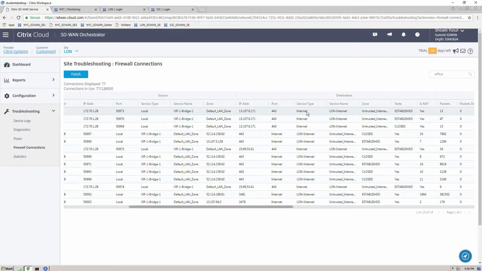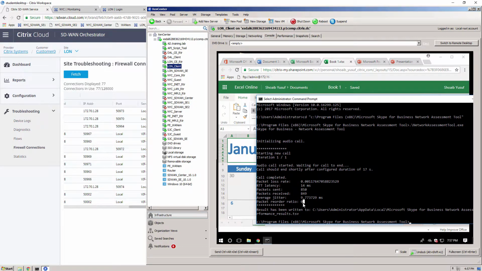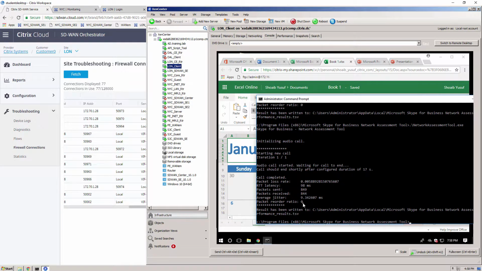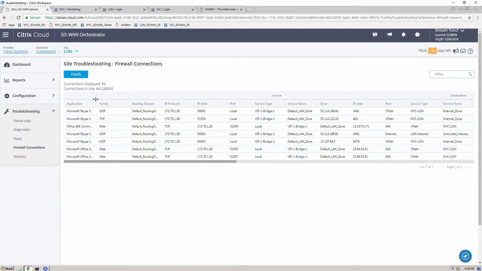We'll now purposely bring down the local internet WAN link for the branch site, leaving only the MPLS link. The custom application route to steer that traffic will no longer be active and the traffic will fall back to the backhaul route. We can see the immediate impact of this by again running that network assessment tool. Now we're seeing a latency of 98 milliseconds, which means this Office 365 traffic is being backhauled through a transit